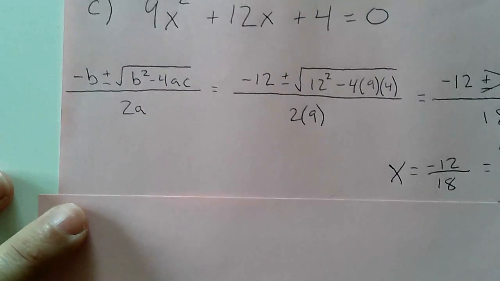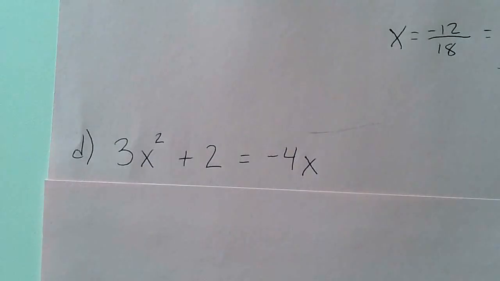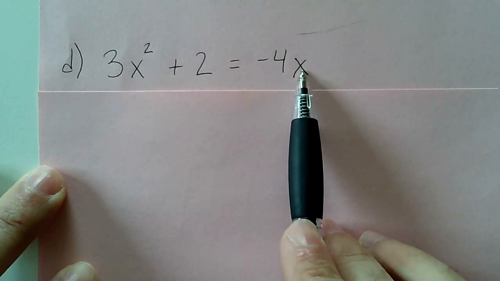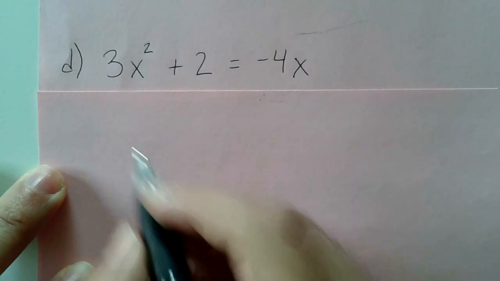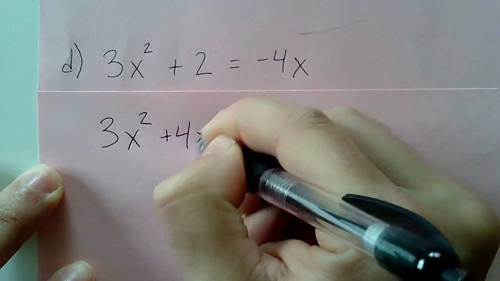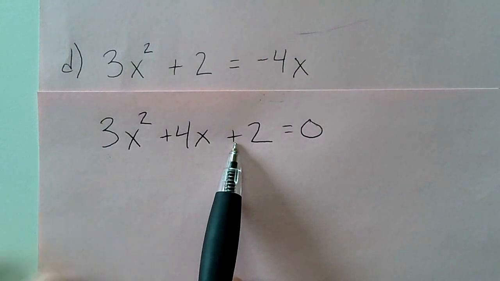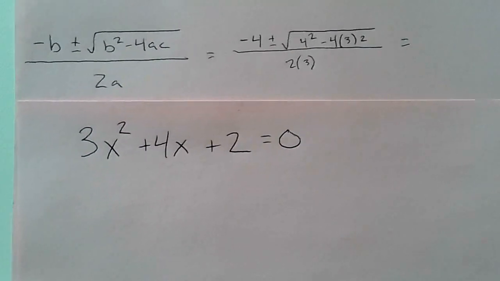And of course, if we looked at two solutions and one solution, we'll look at no solution. Now this problem's a little tricky, so hopefully you've gotten to this point. It's not in standard form. So what we need to do is add 4 x's to get it over there. So that would give us 3x squared plus 4x plus 2. And I wrote it this way so that it was in standard form. All right. So once I have that, if I go to my quadratic formula, plug in my values, I end up with